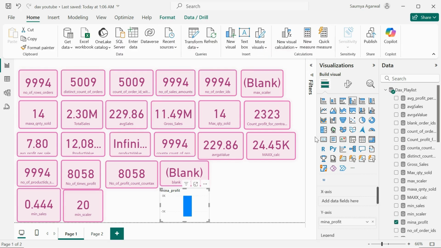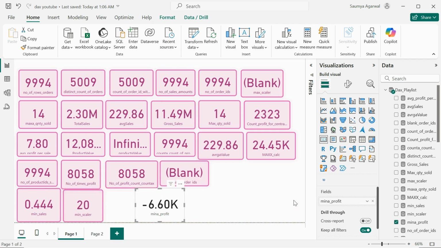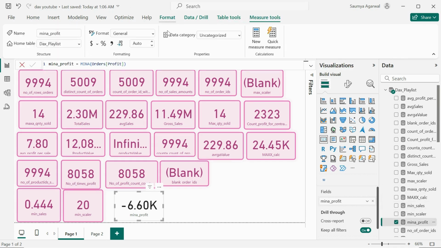So if I just show it on the card, it's minus 6.60K. It is showing as minimum profit, right? Or if I just go with this tool,